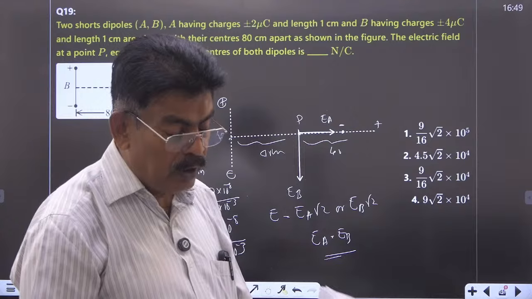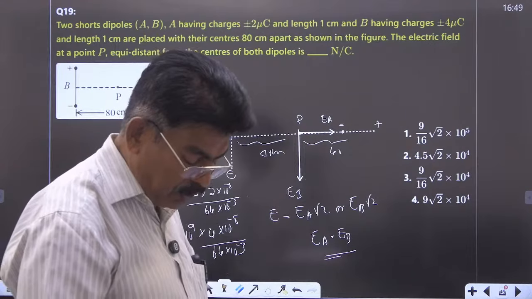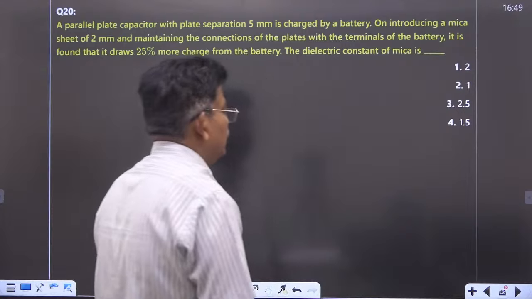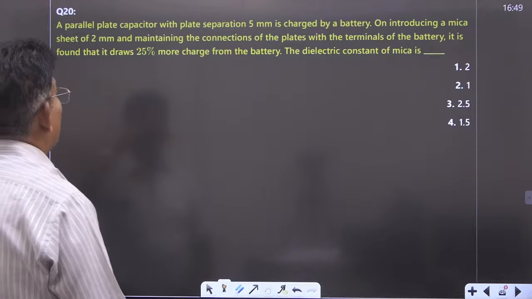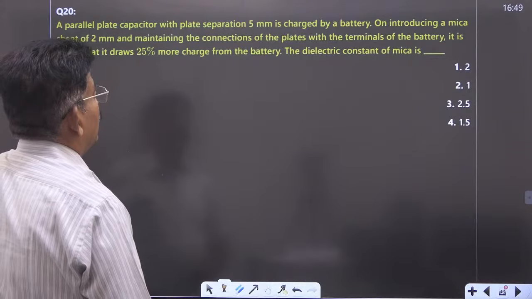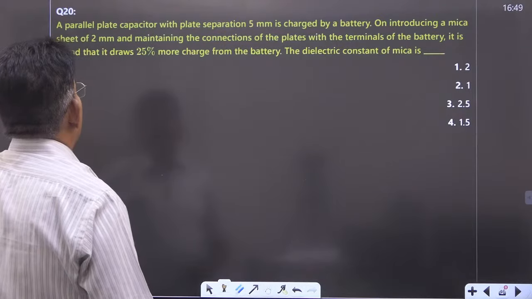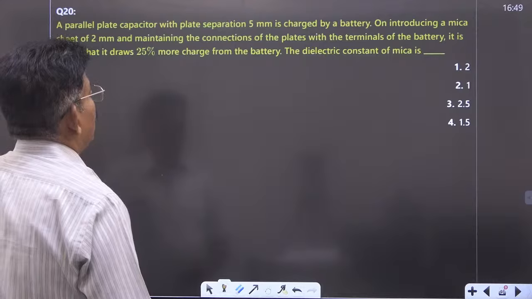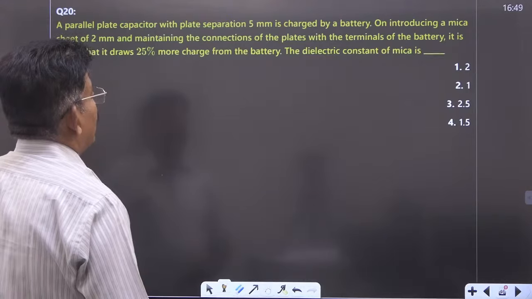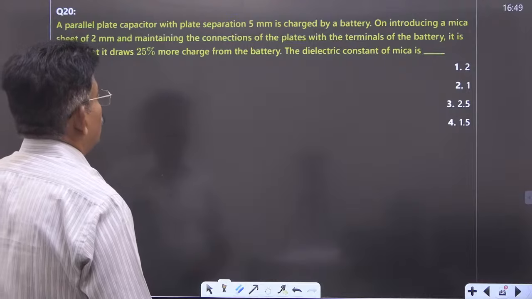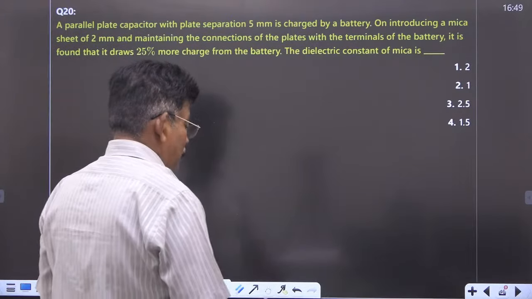Now come to the parallel plate capacitor, question number 20. A parallel plate capacitor of separation 5 millimeters is charged by a battery. On introducing a mica sheet of 2 millimeter and maintaining the connection to the plates with the terminals of the battery not changing, it is found that it draws 25% more charge. Now tell me,